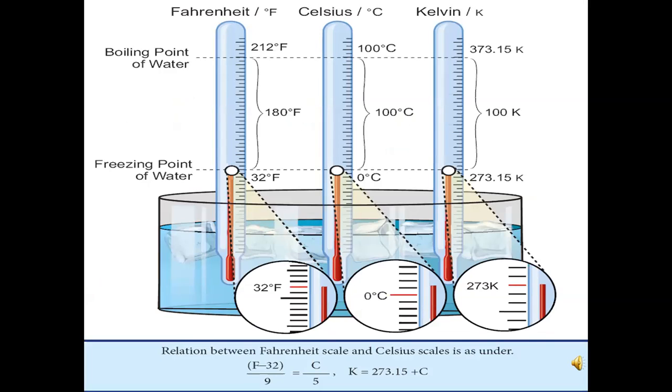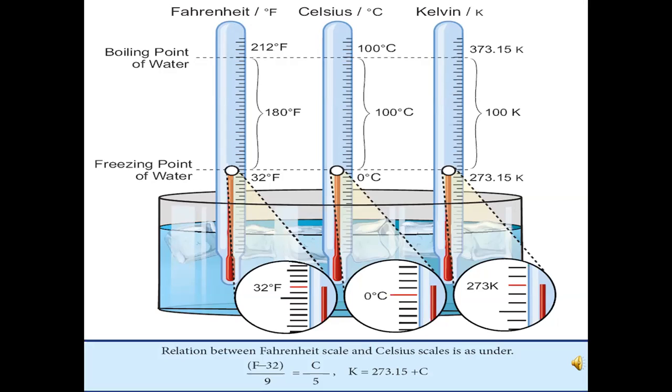Boiling point of water in Fahrenheit 212 Fahrenheit, in Celsius scale 100 degree Celsius, in Kelvin scale 373.15 Kelvin, and freezing point of water in Fahrenheit scale 32 degree Fahrenheit, and in Celsius scale 0 degree Celsius, and in Kelvin scale 273.15 Kelvin. And the relationship between Fahrenheit scale and Celsius scale is as under: